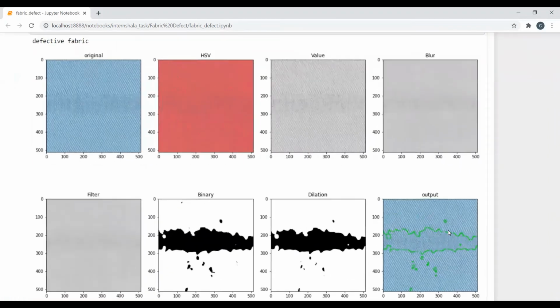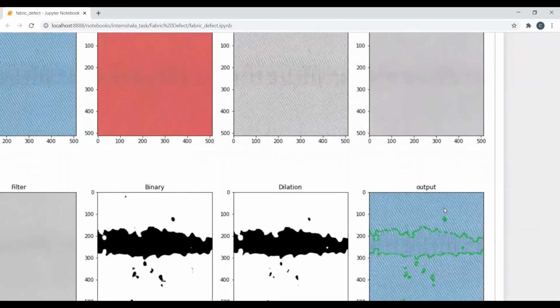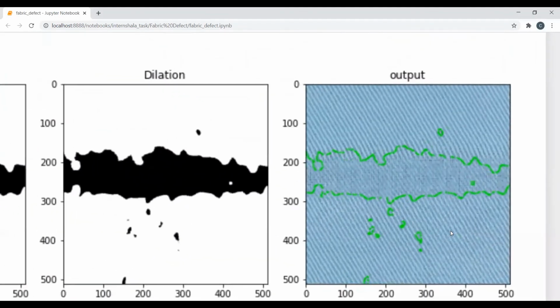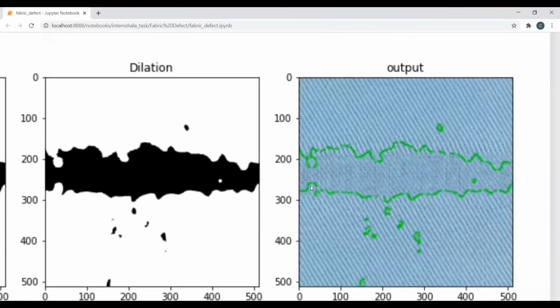You can see here something is drawn on this. I have drawn this type of margin over this, we can call it a contour.